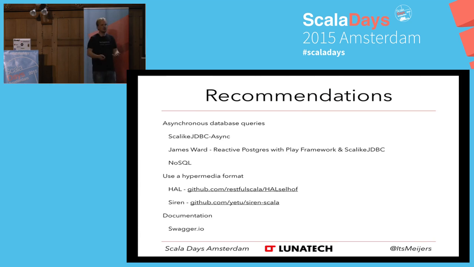And we used application/JSON, and what does that really say to the clients about your representation? They still have to read the whole documentation. So you're better off using a Hypermedia format, like HAL or Siren, and there are actually some projects on Scala which will provide you a library, also with Play support, that will make it really easy for you to create those representations. And then if you want to create some documentation, you can check out the swagger.ui, which there's also